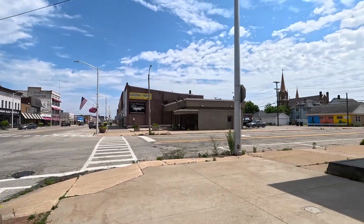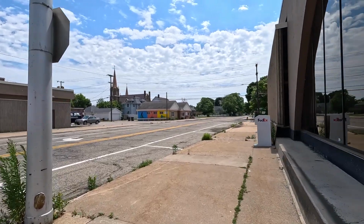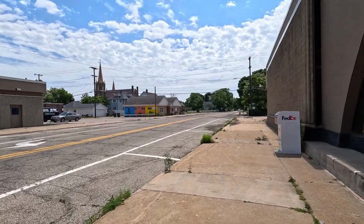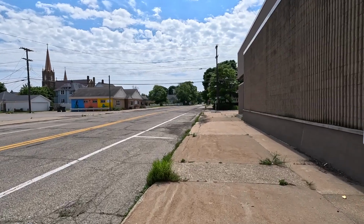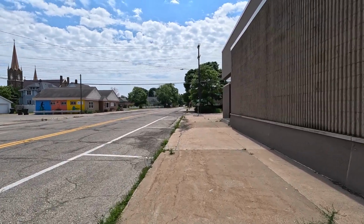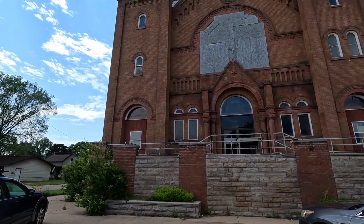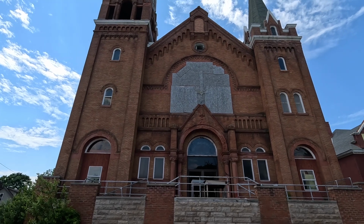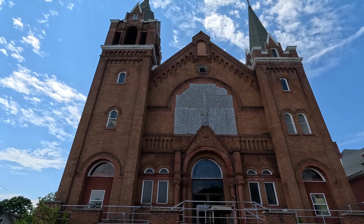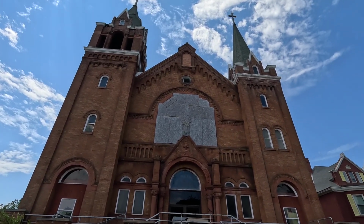There's an old abandoned church down this way, and I'll take a look at that. One thing, there's a lot of Catholic churches, but some of them are absolutely abandoned. I ran into one yesterday, so go down and check this one out. So this is St. Patrick's Church, which was built in 1905. I just talked to one of the neighbors, and it is an abandoned Catholic church,